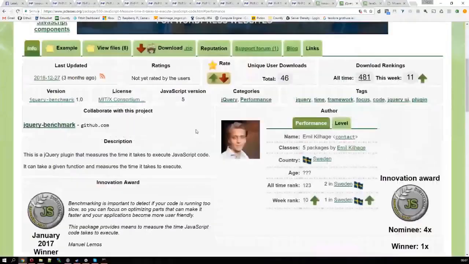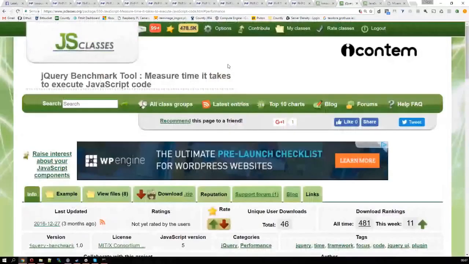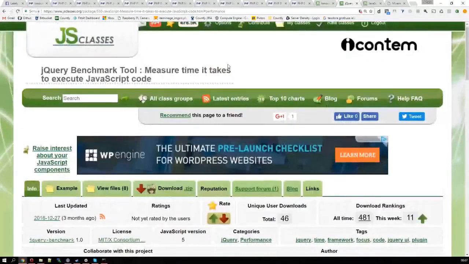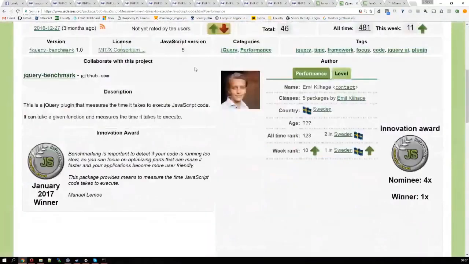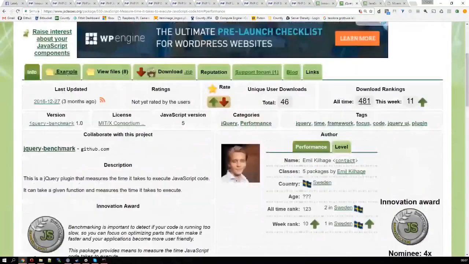Okay. The first package is jQuery Benchmark tool, developed by Emil Kilage from Sweden. Basically, it measures the time it takes to execute the JavaScript code. If we can look at examples,